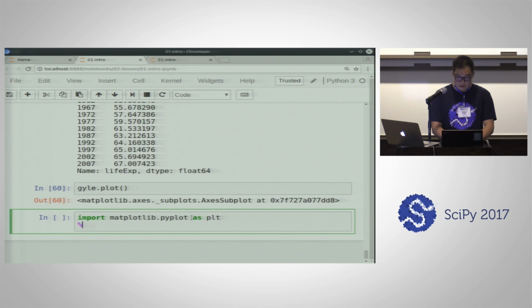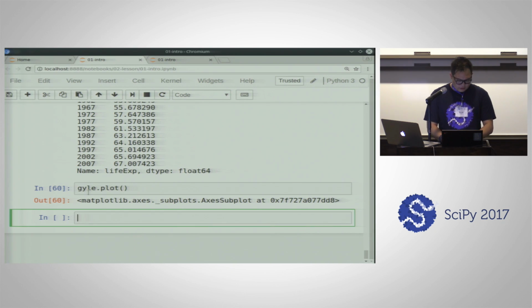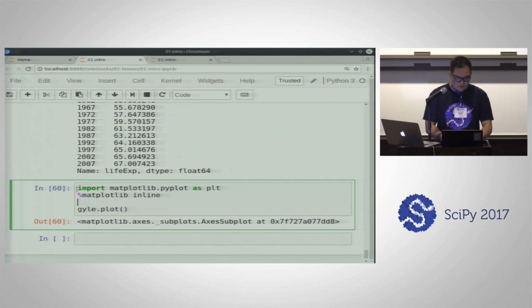I think I'm gonna have to say so this is all right. So this line of code, I'm pretty sure I have to import matplotlib to use the second line, but essentially